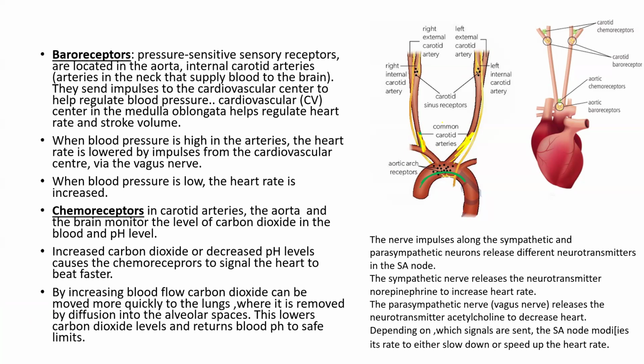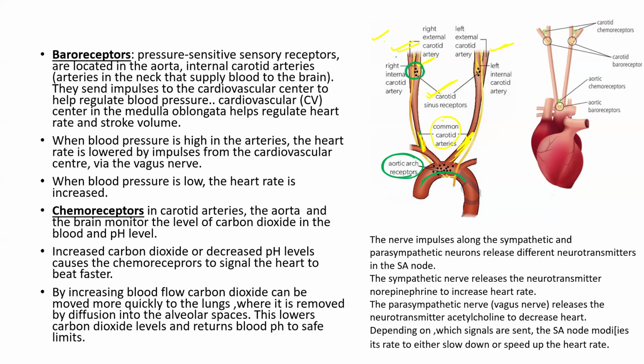Common carotid arteries. And these common carotid arteries, here they are making a carotid sinus. And then they go on as the external carotid arteries, on both sides. See, understand the diagram. And inside is the internal carotid artery. So two types of carotid arteries you can see, external and internal. Now in the aortic arch, you are finding receptors are present. Even in the carotid arteries, you will find receptors are present.